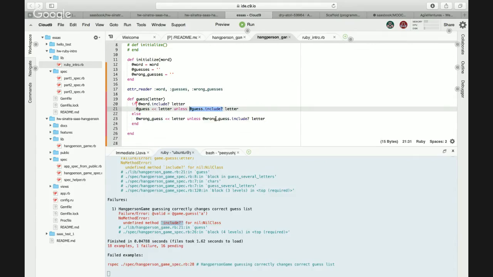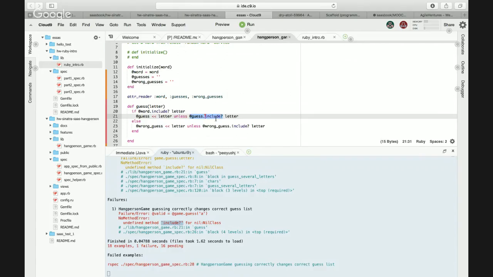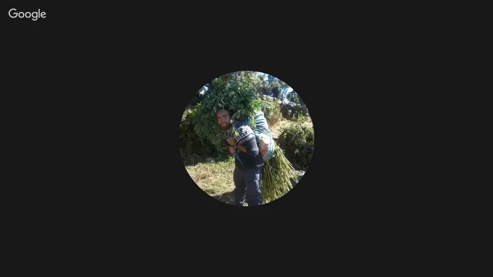Both the guess and the wrong guess are going to be empty. Yes. Okay, so how do we change it? So that's what we need to look at. So we could say, guess the letter.